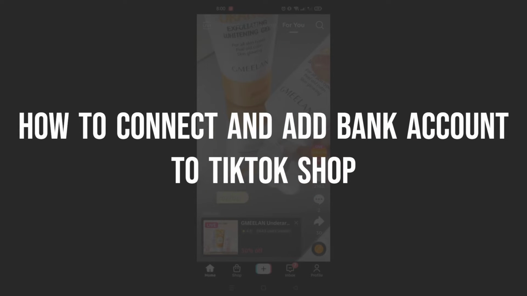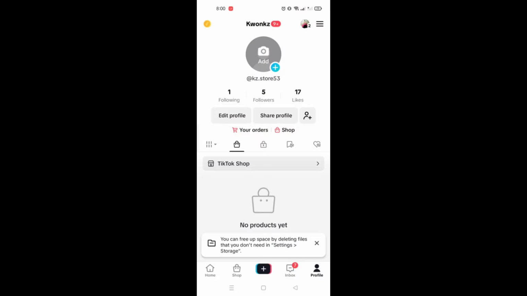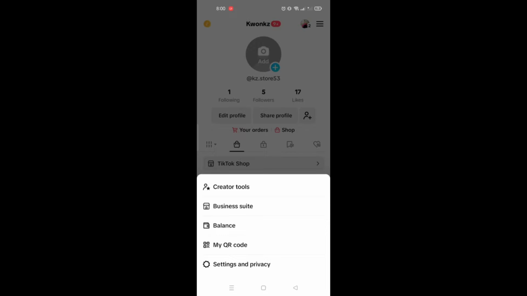How to connect and add bank account to TikTok Shop. Hey guys, in this video, we'll teach you how you'll be able to incorporate your bank account information in your TikTok Shop. Simply go to your TikTok account and go to your profile, click on the three bars menu and